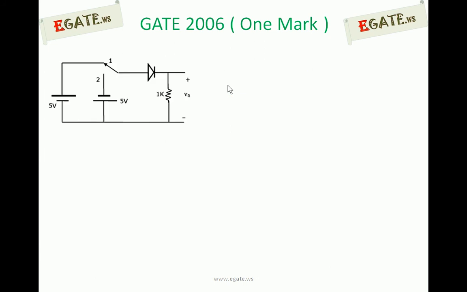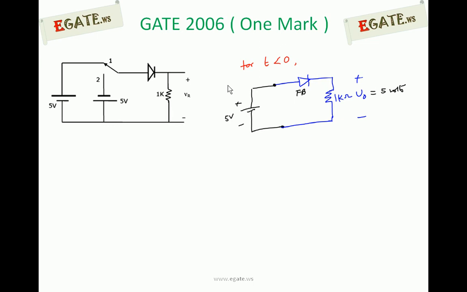So this was the circuit diagram given in the question, and at t less than 0, the diode is connected to plus 5 volts. And this was the equivalent circuit. By that time current flows from P to N. Since the diode is forward biased, as plus 5 volts is connected to the P side, V0 is equal to plus 5 volts because the voltage drop across the diode is 0.